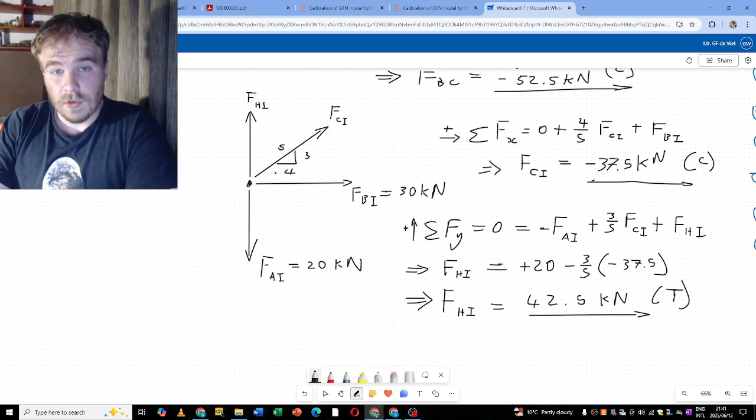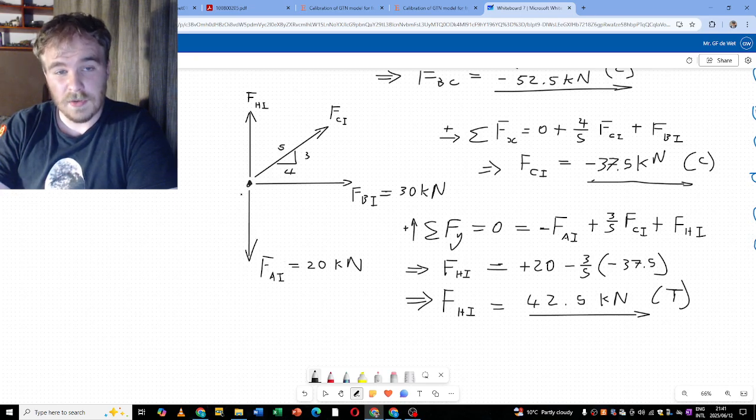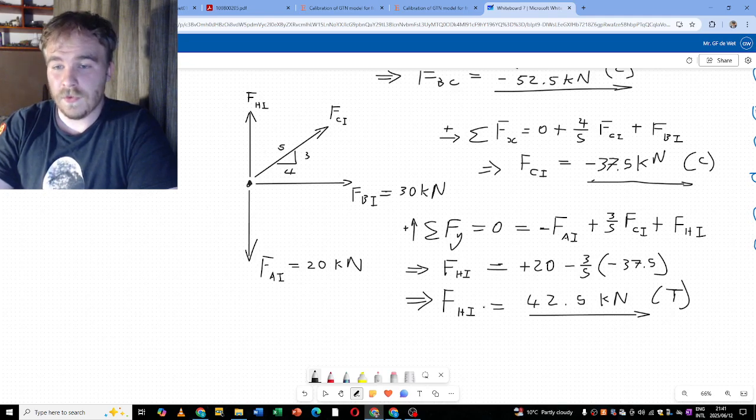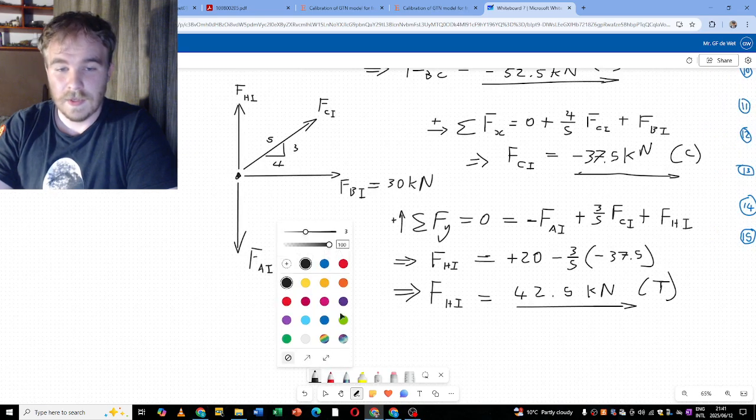FCI is in the wrong direction, as we discovered last time, so it's actually pushing down. And FAI is also pulling down, so we have a lot working against FHI. So it is in the right direction, otherwise there's no equilibrium. And it needs to be larger than 20 kilonewtons, plus something of CI. We get 42 kilonewtons, which is larger than 20, and some component of FCI. So I trust this value, it seems fine. Okay,